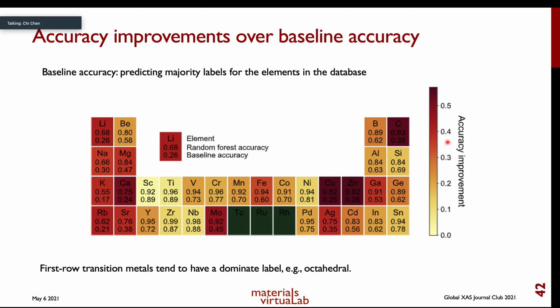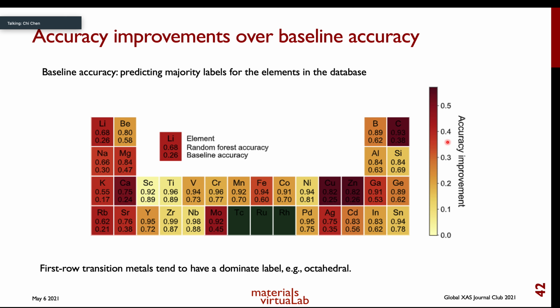And we also compare the results with the baseline accuracy. The baseline accuracy is just predicting the majority label for the elements in the database. For example, in the scandium case here, almost 90% of scandium in the dataset has the octahedral environment. So if you predict all the scandium to be octahedral, you automatically get 89% accuracy. So that's really not very meaningful by talking about the accuracy alone. You have to compare your model with the baseline accuracy. We can see that in our case,